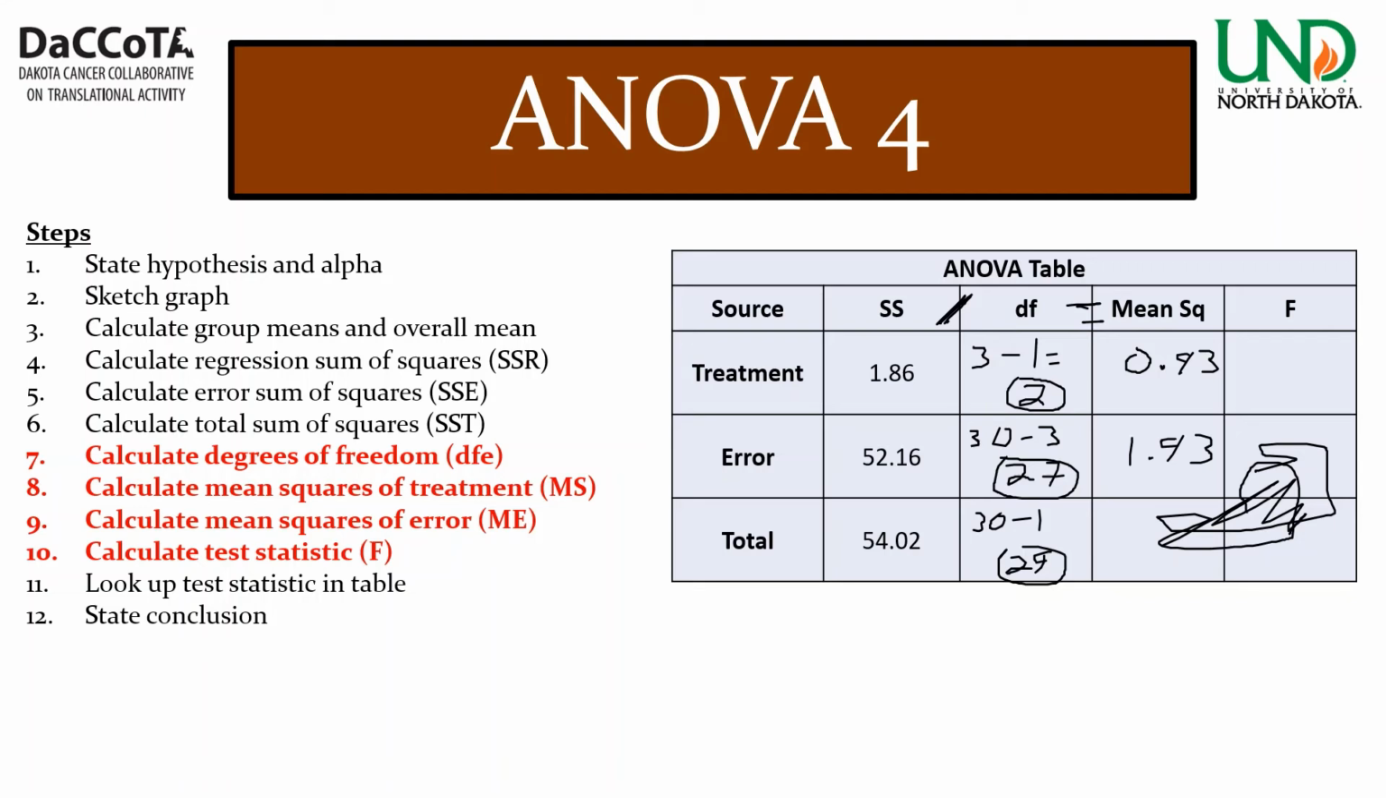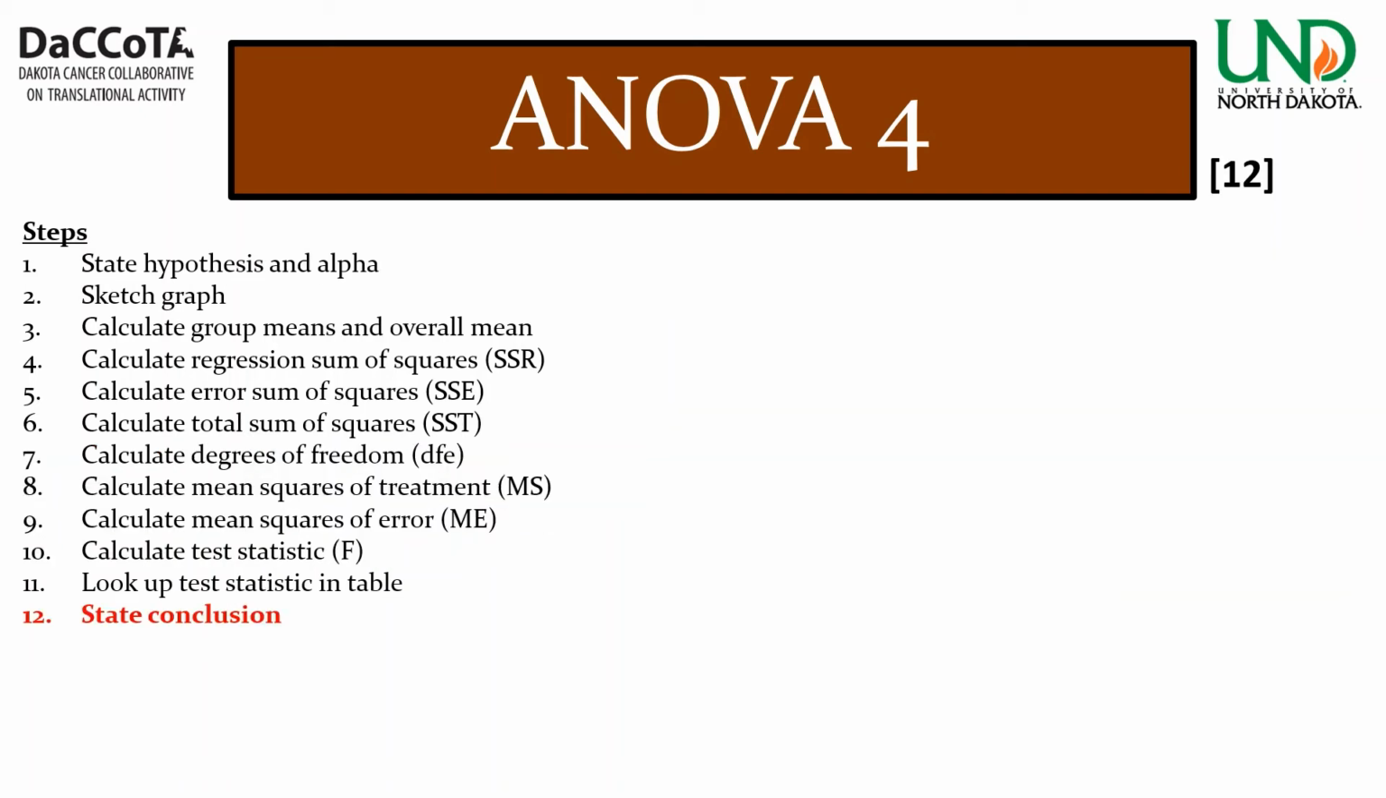Anyways, to get the F statistic, we're just going to divide our treatment by our error, and that is going to give us, dividing the two, 0.48. So our test statistic is 0.48. Keep that number in mind as we look up the statistic table